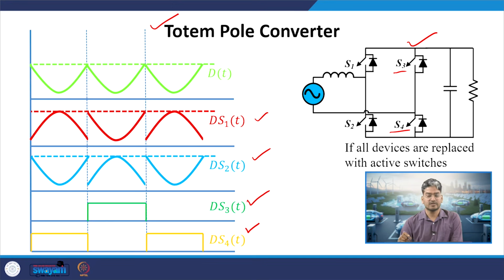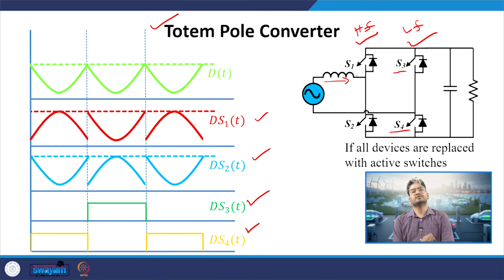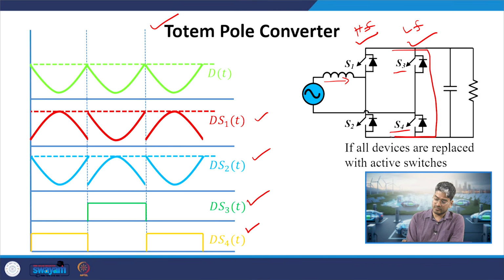So, here what is the conclusion from this? This is a high frequency operating leg, and this is a low frequency operation leg. Although the inductor current is at high frequency, equal to the switching frequency because it is charging and discharging within a switching cycle, besides maintaining the smaller size of my inductor, I have reduced the switching operation in one leg. So, the switching loss will be very less when compared to the case where S3 and S4 are also operated